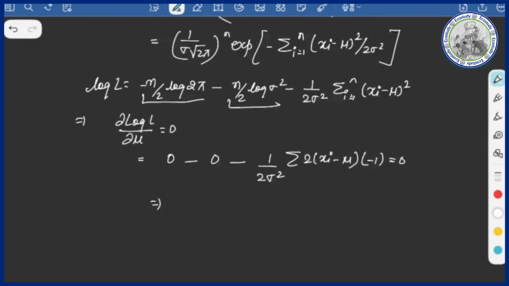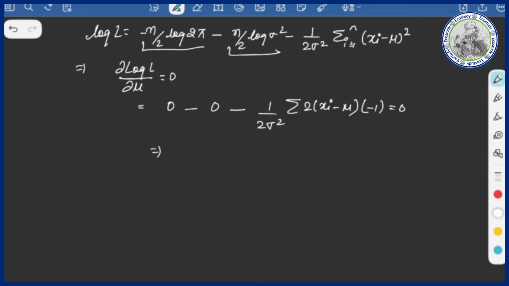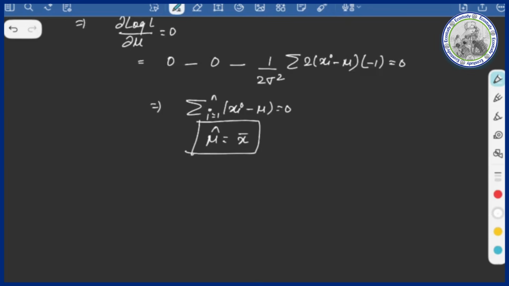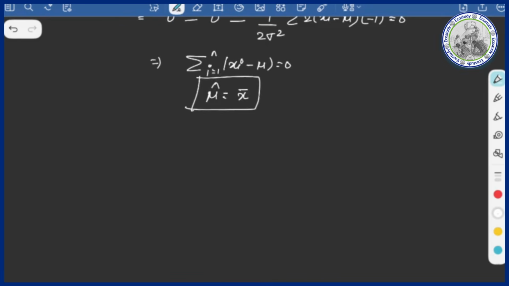It is simple differentiation. So mu is x bar, so x bar is the MLE of mu. Now case 2, mu is known,